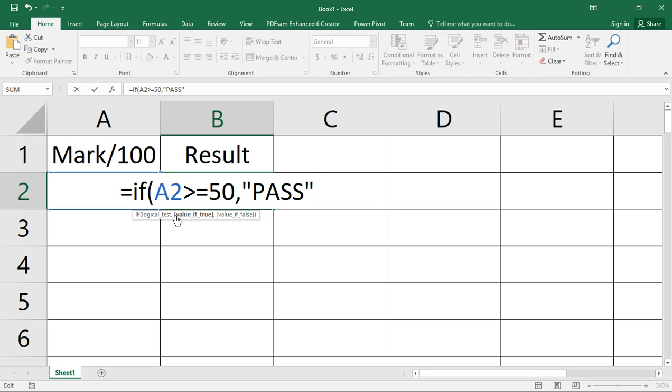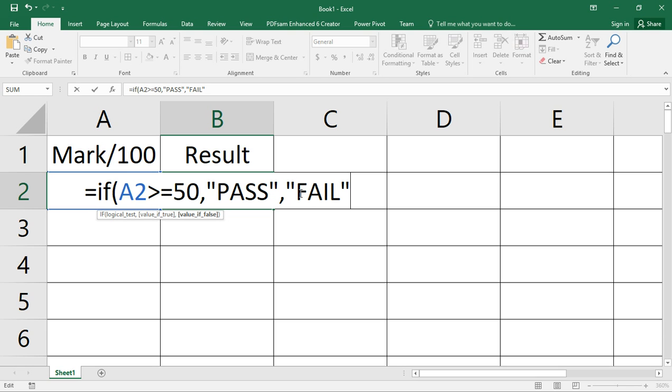You can see here this string is bolded to show that that's where I am right now. I am typing the value that is going to be printed when the condition is met.